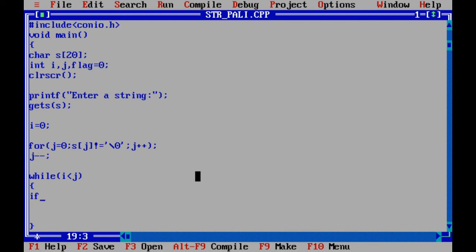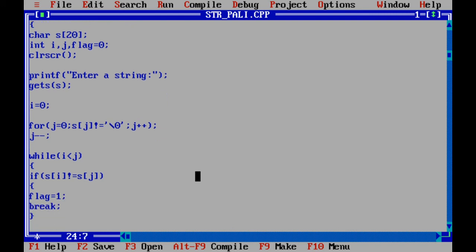So we have to repeat the task till i is less than j. So here we will write, if s of i is not equal to s of j, means if characters are different, then we have to do two things. First thing is make flag equal to 1 and break.